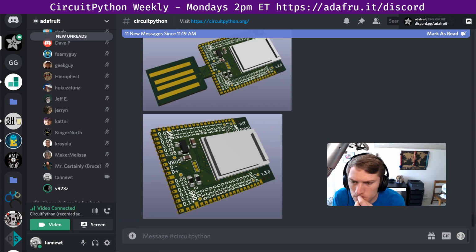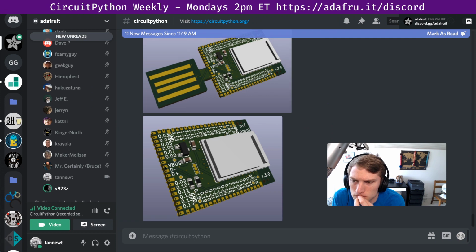Exposes all pins in a format that's at least hand solderable. It's still not extremely convenient, but it's doable. It has a 1 millimeter pitch, and as you see, there are three versions: two with USB connectors, and the